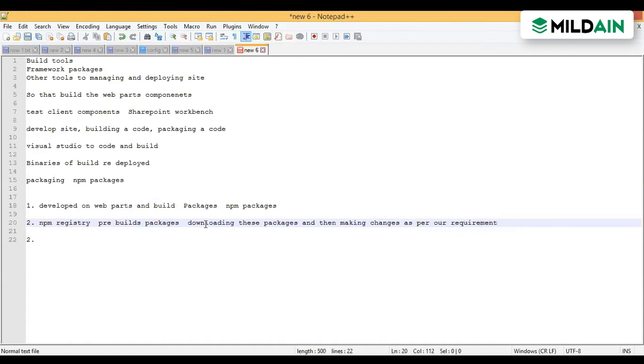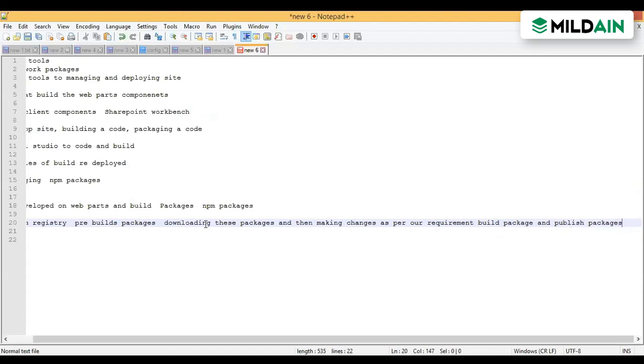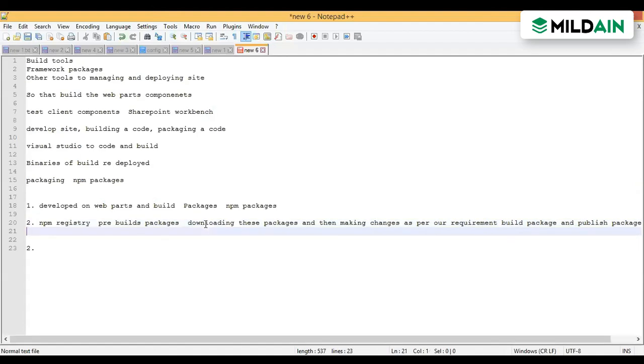Because that was a standard one, now on that standard one we need to make changes, so here we do not have to start from scratch. Then we build it, create a package and publish the package. So these are the two ways which we can do. Any doubt? No.